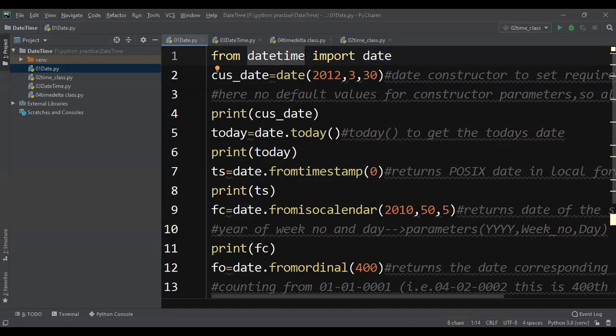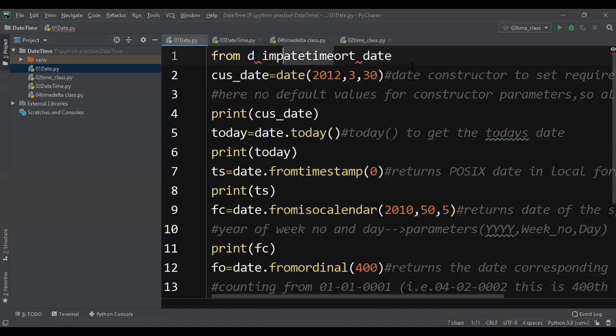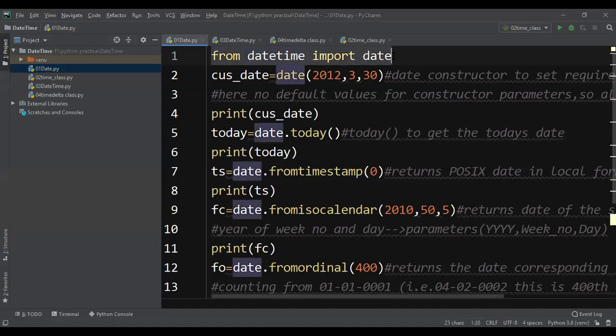I want to work with only the date class. So from your module name, that means from so and so module, import so and so class. Here I want to import the date class from the datetime module, so I am writing from datetime import date.